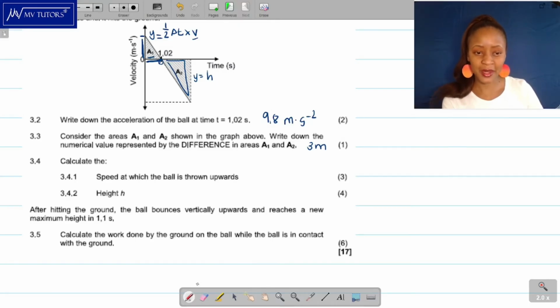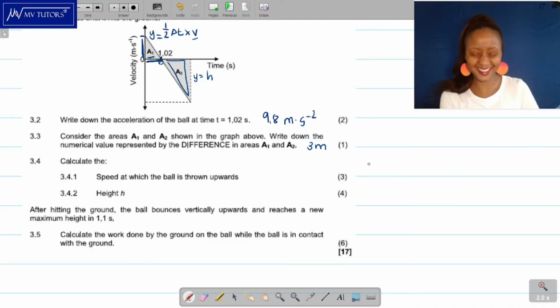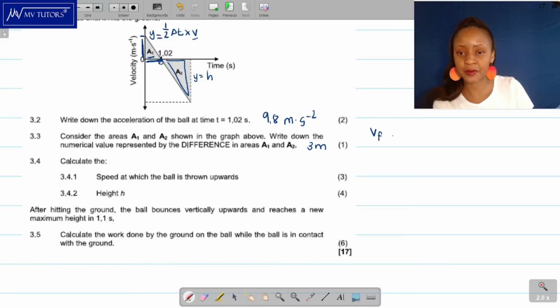So I'm just going to write a few of them. Okay, so I've written them down for myself because I don't know them off by heart. And they're provided in the question paper, so you don't need to cram them. Okay, so the first thing you would have, if you have the final velocity and the initial velocity,